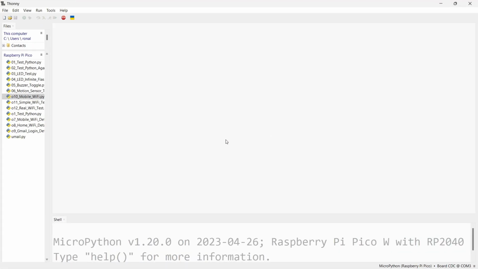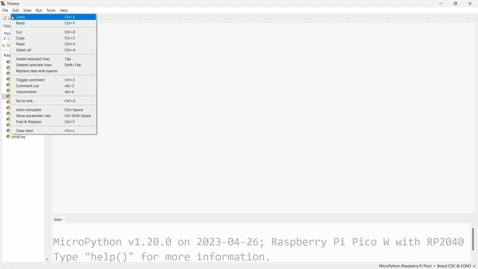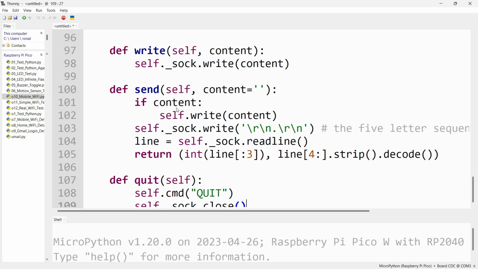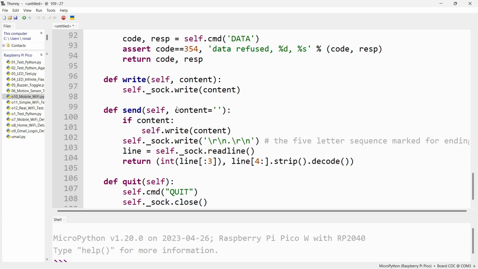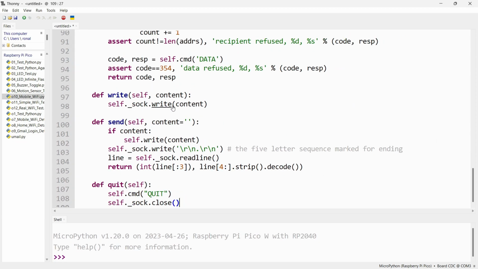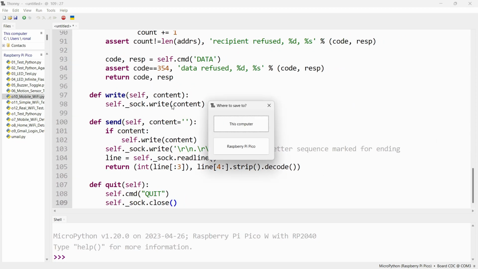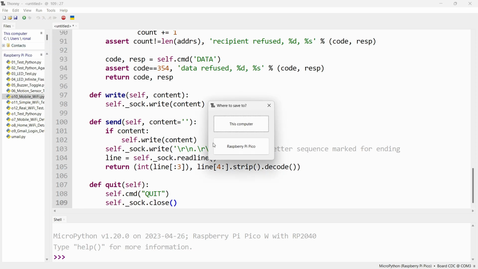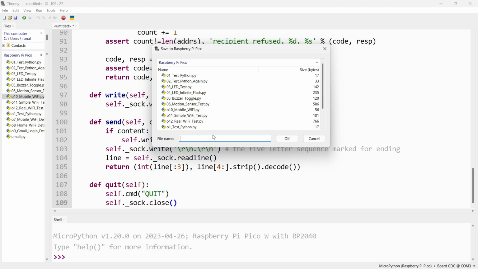You're going to go to your Thonny at this point. You're going to do File, you're going to go to New and you're going to simply paste all that stuff there. Once you paste it, all you then have to do is to save this on the Raspberry Pi Pico. So once you choose to save it, go to File again, go to Save, choose Raspberry Pi Pico, and the name must be